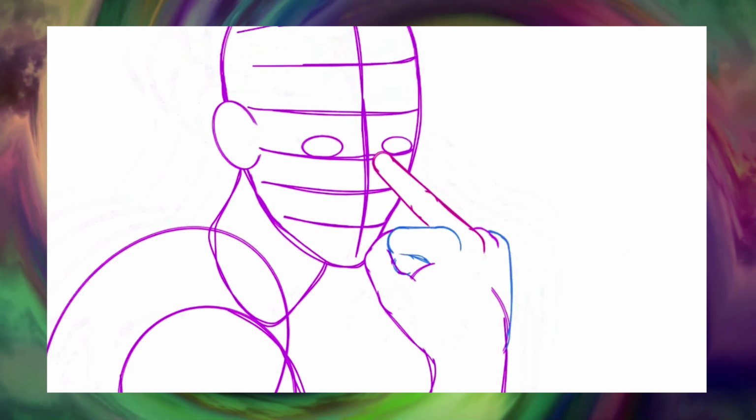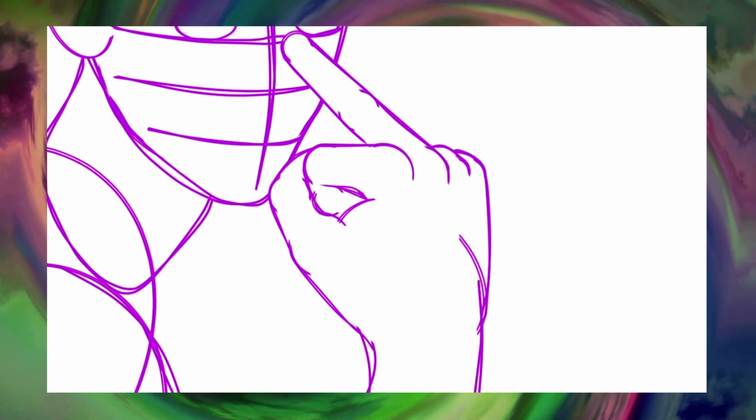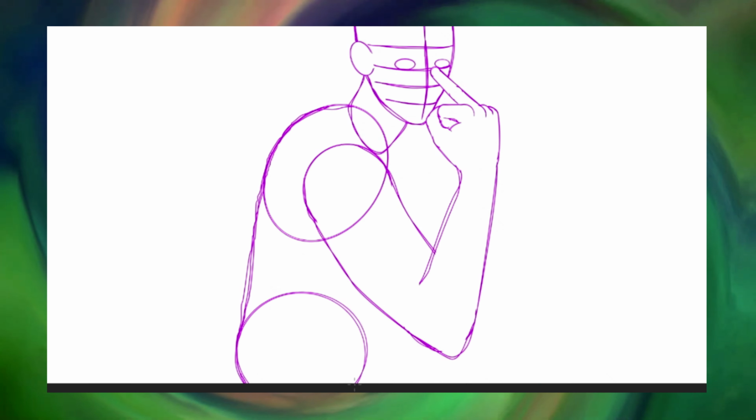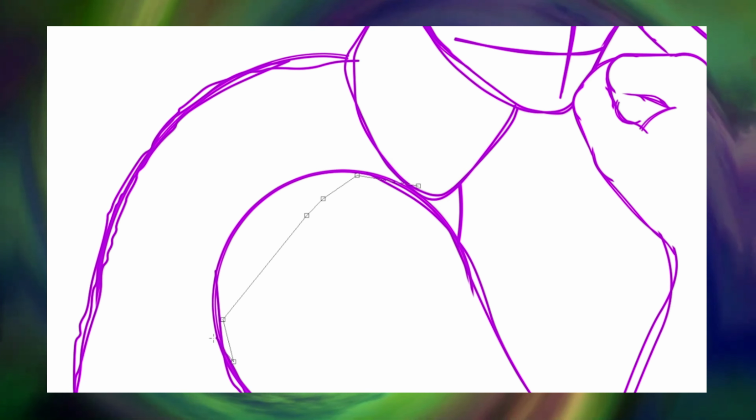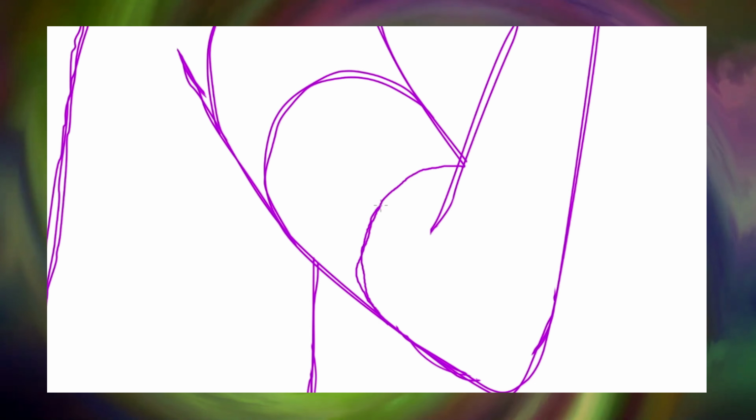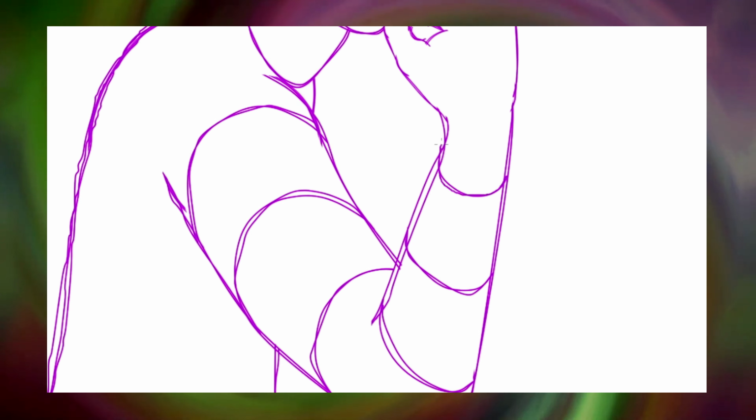Now, when it comes to the controversy of tracing and referencing, my opinions are not so black and white. I do believe that just as long as you are not stealing someone else's art, then it's not so much of a problem. There still are some underlying issues which I'll mention in just a minute, but I think tracing and referencing is a lot more ethical than using generative AI. Because something that I've discovered is that you can learn a lot about shapes and anatomy by practicing with tracing.